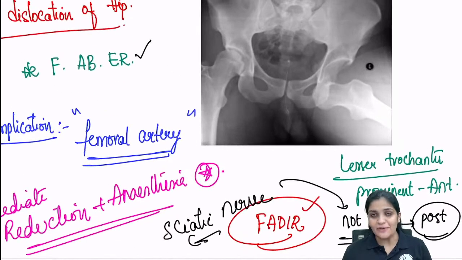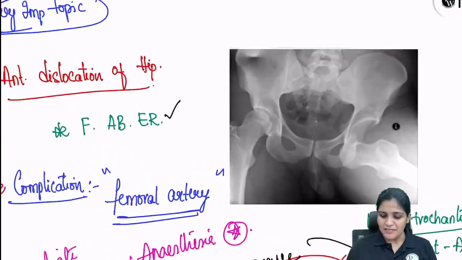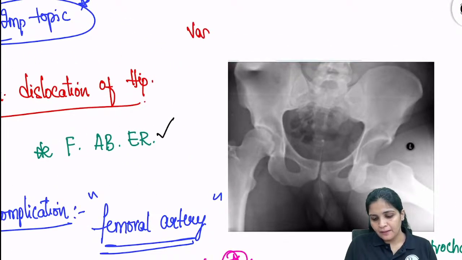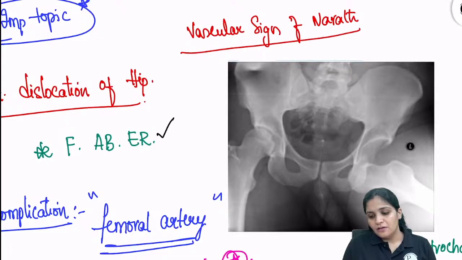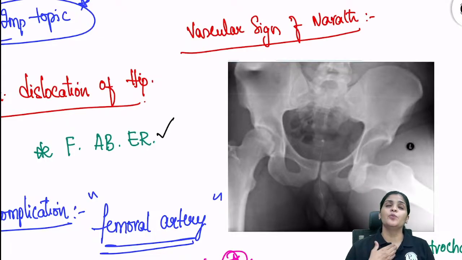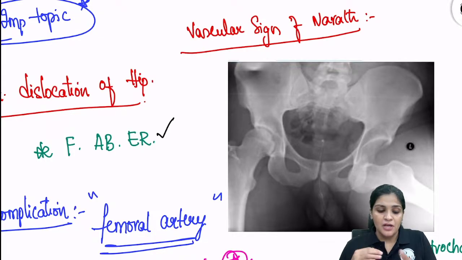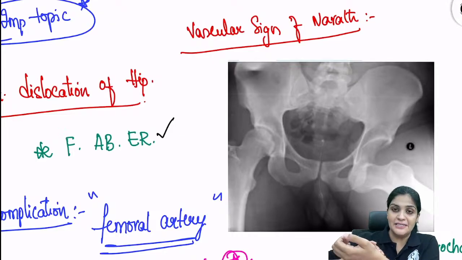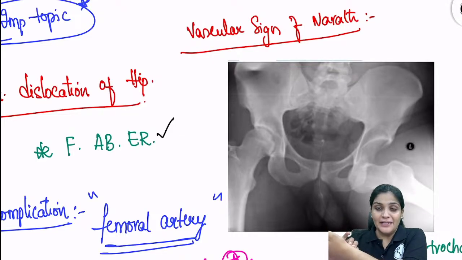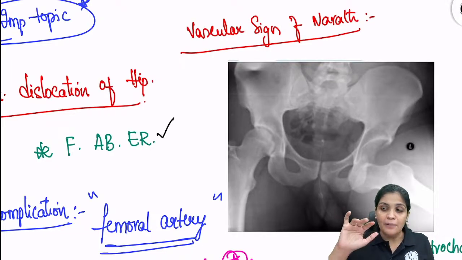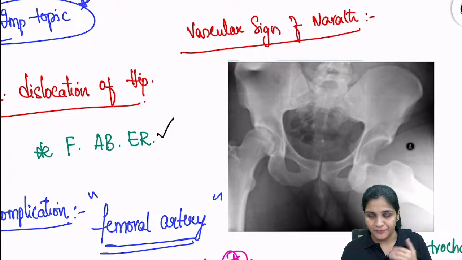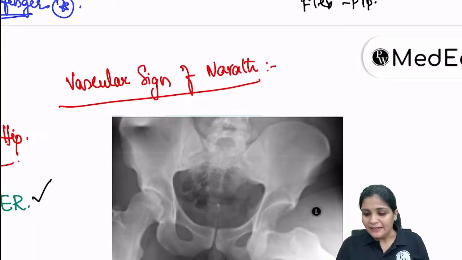Okay, yes. What is the vascular sign of Narath? This is an important sign. Usually whenever you want to feel the pulsations, what do you do? Now I'm feeling the radial pulsations here. Whenever I want to feel the radial pulsations, I press the radial artery against a bone, and then I block on the proximal and the distal side. And now I feel the pulsations with my middle finger. That is the 3-finger technique. Similarly, femoral